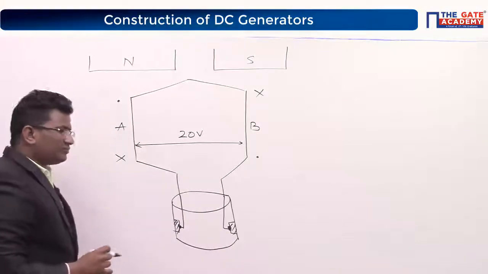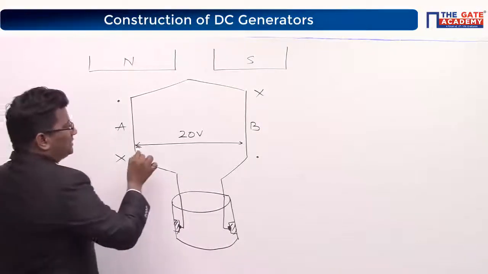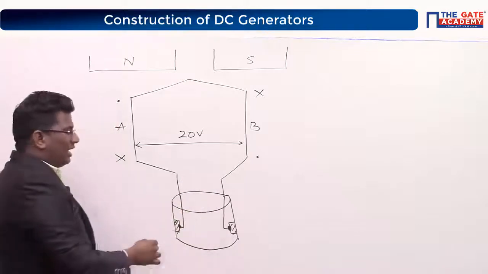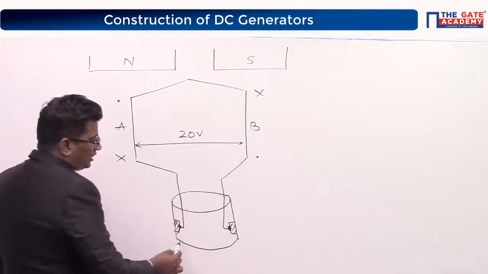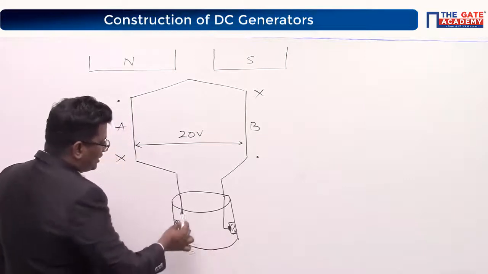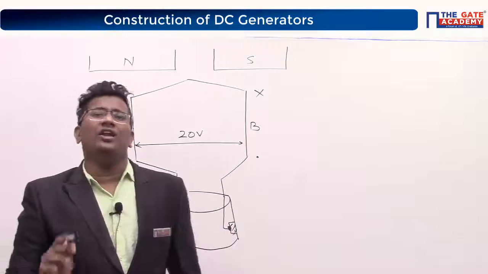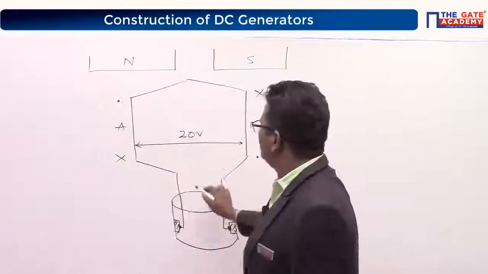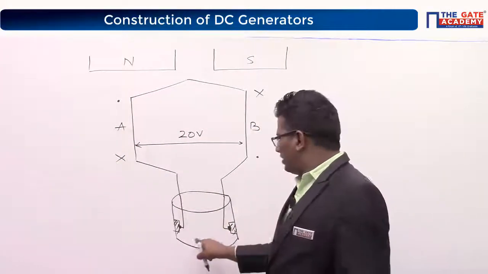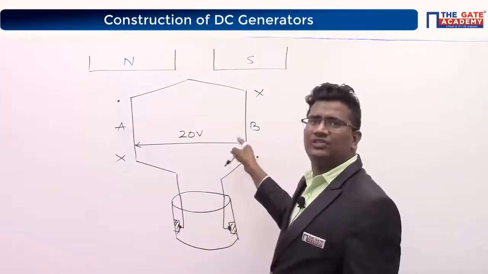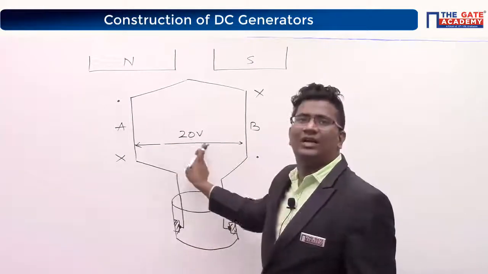But this is 20 volts. This is a conducting material. Tell me, a conducting material is short circuited. Tell me, this is short circuited, right? A conducting material is short circuited by the coil. Tell me, is there any current or no current flowing between the coil? This is a metallic device, it is a conducting material. This is a conductor which is also a conducting material. How much voltage? 20 volts is induced.